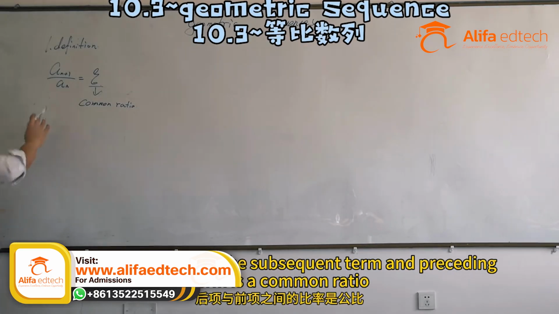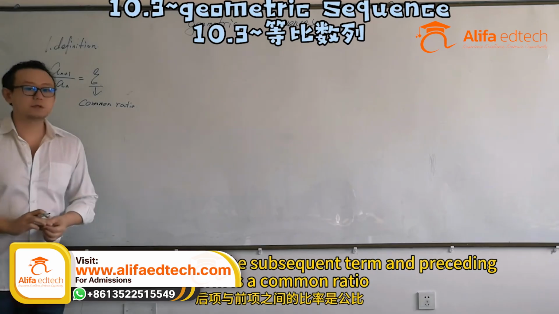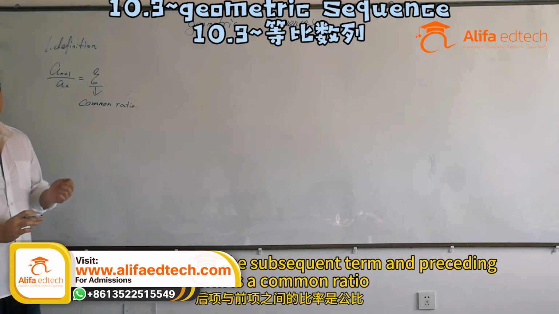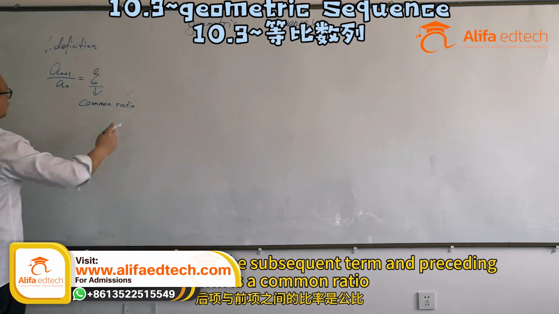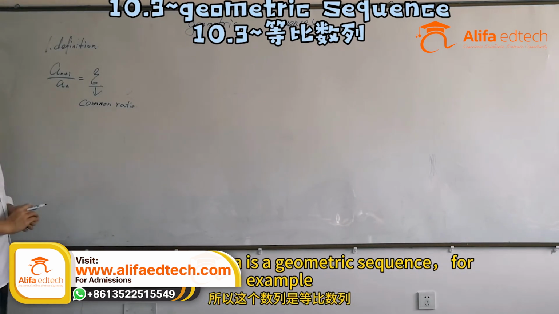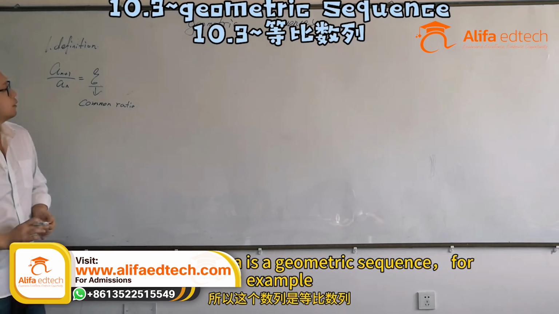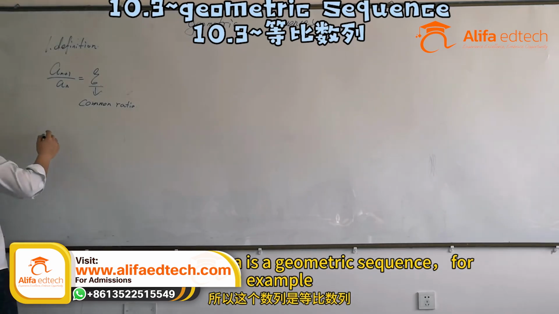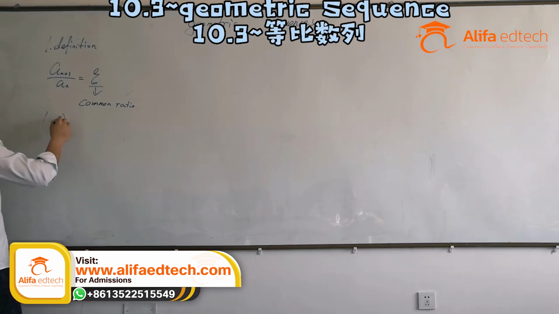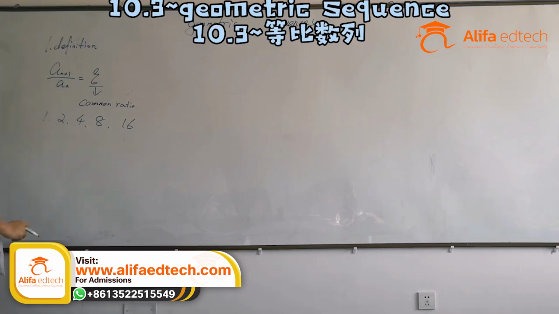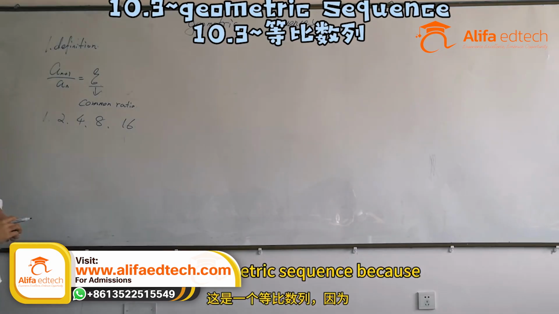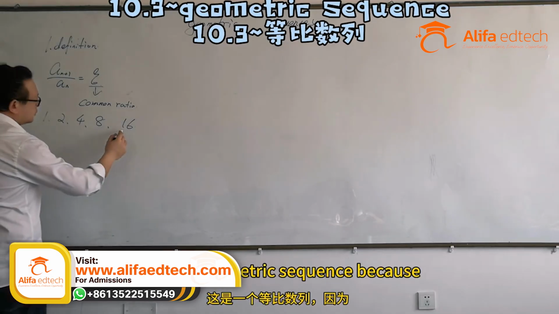So the ratio between subsequent term and preceding term is a common ratio. So this sequence is a geometric sequence. For example, this is a geometric sequence because every term